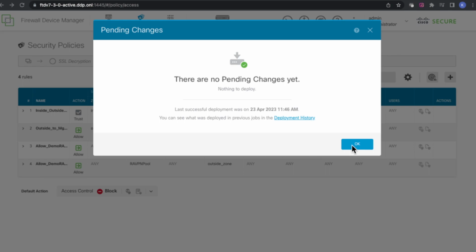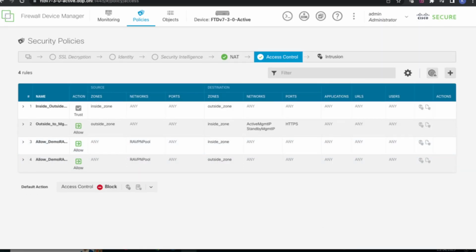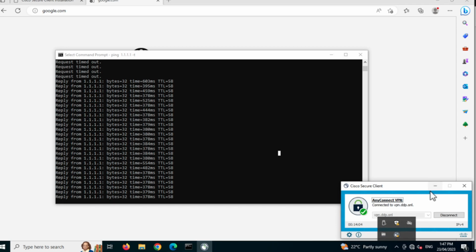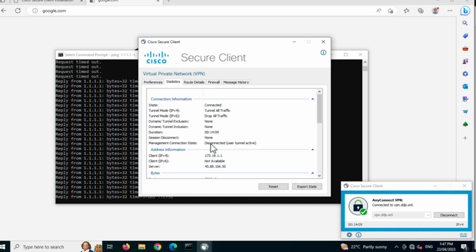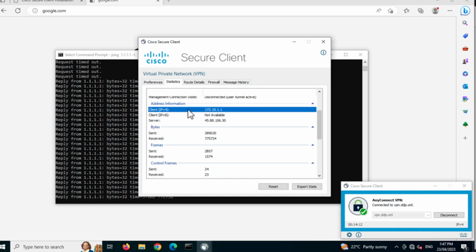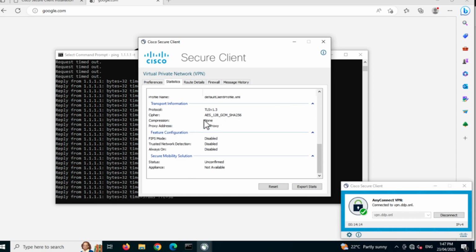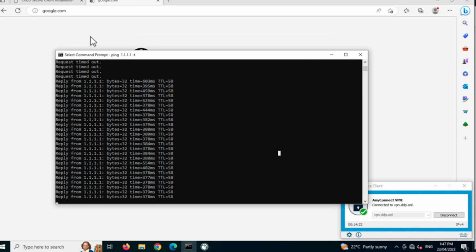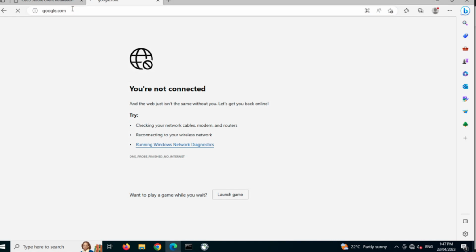Okay, it's done. So once that's done, let's hop over back to the client machine that we are initiating the VPN, right? So you can actually also come over here to look at the settings. It will tell you the statistics. You can see what's the IP address being assigned to your client. You can see that the crypto versions, etc. Right? So now you can see that I'm seeing the ping. Now if I try and access the internet now,